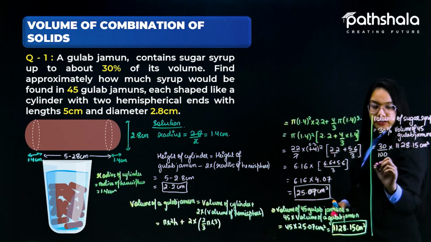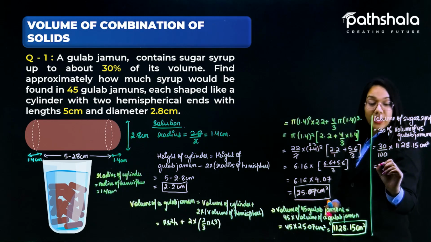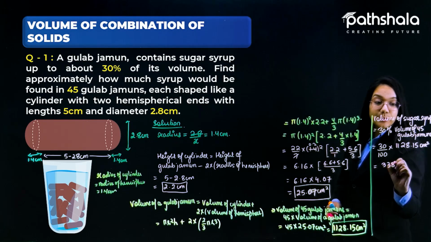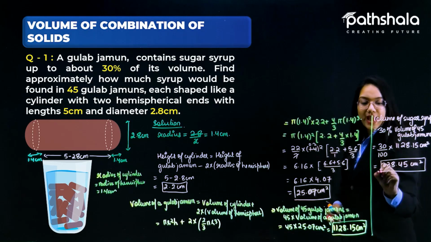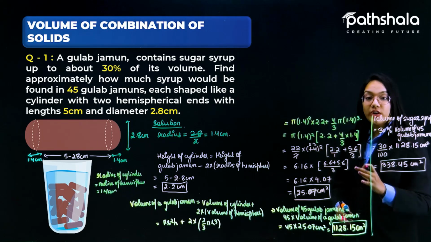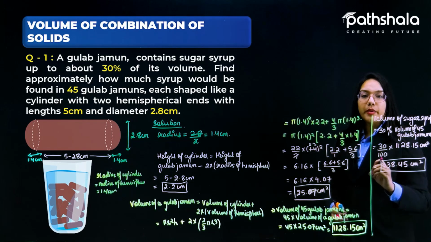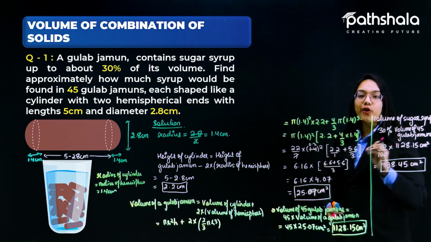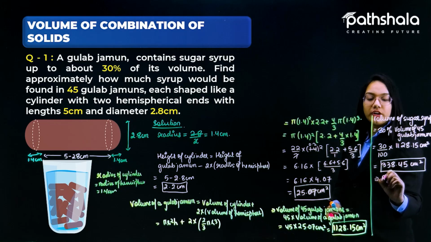After the multiplication we will get the answer as nothing but 338.45 centimeters square. So at the end we can see that the approximate syrup that we have in 45 gulab jamuns,